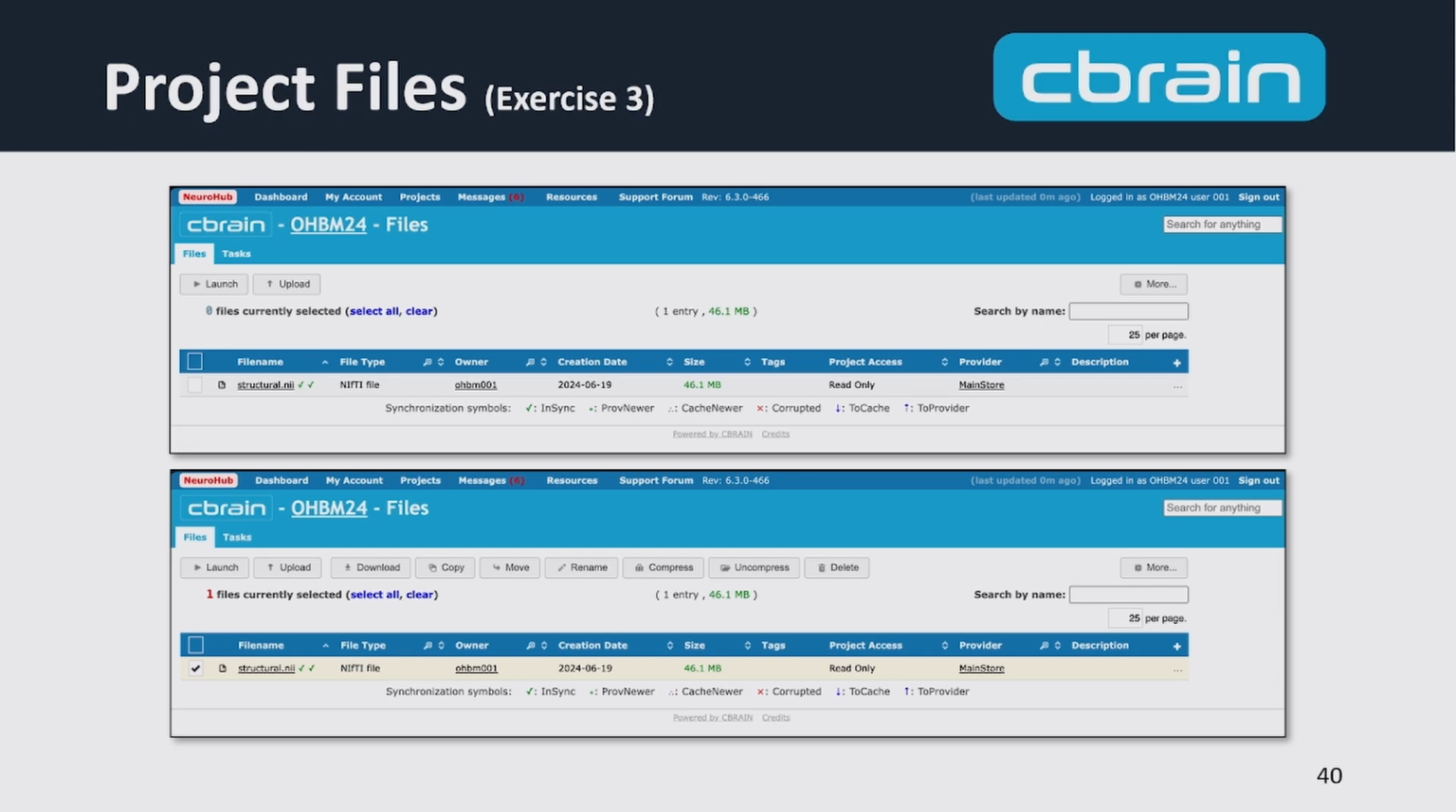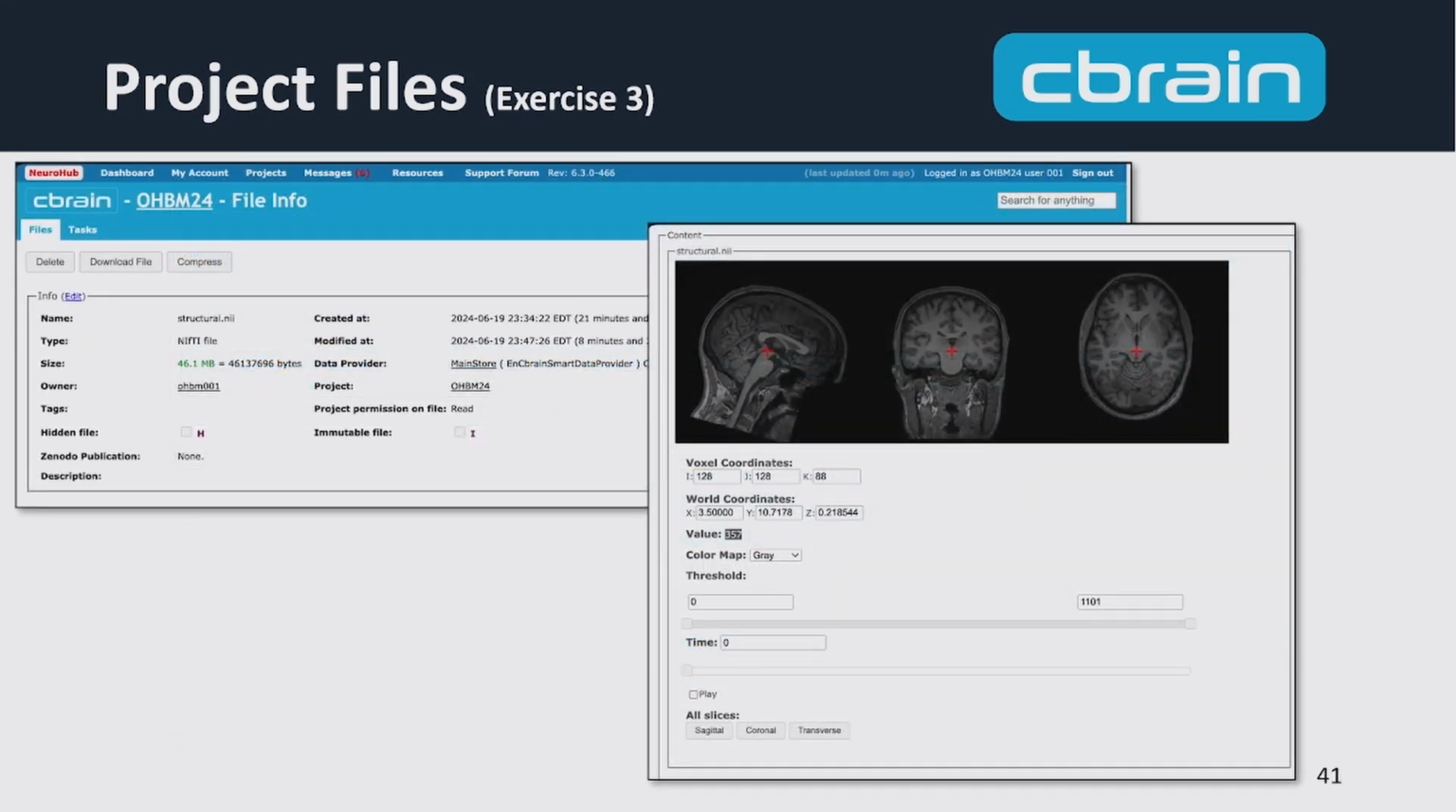If I want to actually then look at the content, this is going to show you now working within the file. If I click on the structural .ni file on the left side, I can then get directly within my browser. You don't have to download it to your local computer. You don't have to then move it around. Directly within the web browser, you get access to information about the file, when it was created, what projects it's